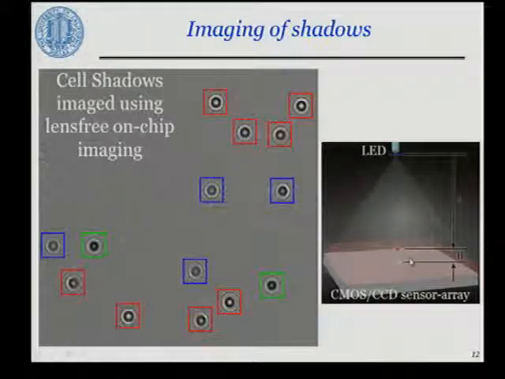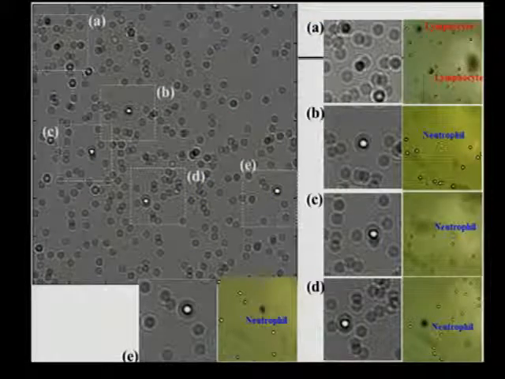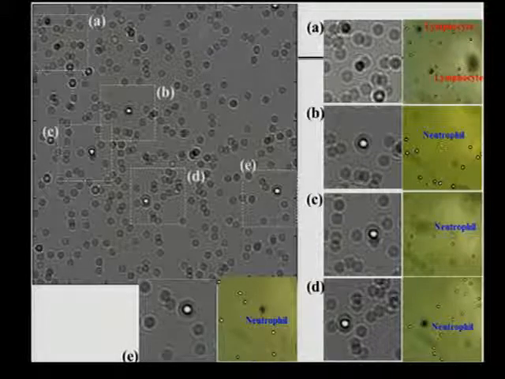And you place the specimen, a sample that can transmit light, very close to it. Typically, H that you see in here is about a few tens of microns to maybe a few millimeters. So it's almost like taking a shadow image of the samples. And if you look at what's happening at the recorded image, you will see these diffraction patterns. These are the shadows, but they are shadows that are quite unique. You can use them as a basis for a cytometer. In this case, you're looking at a whole blood sample.